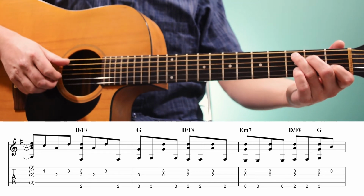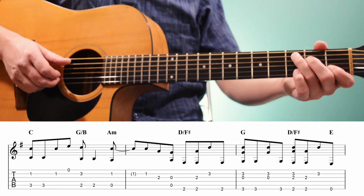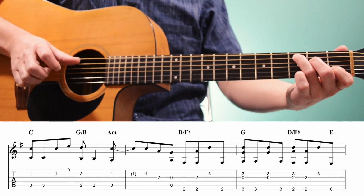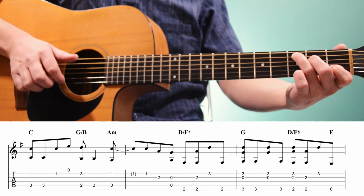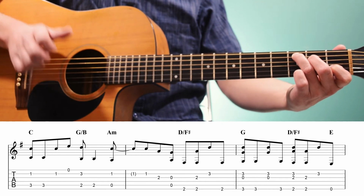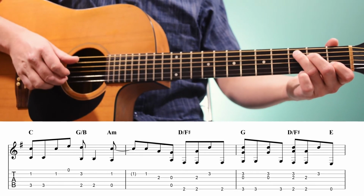Alright, then we go back to our C chord. This time we play the fifth and second strings at the same time, followed by the fifth string again. Then we play the second string by itself and an open first string. So we have